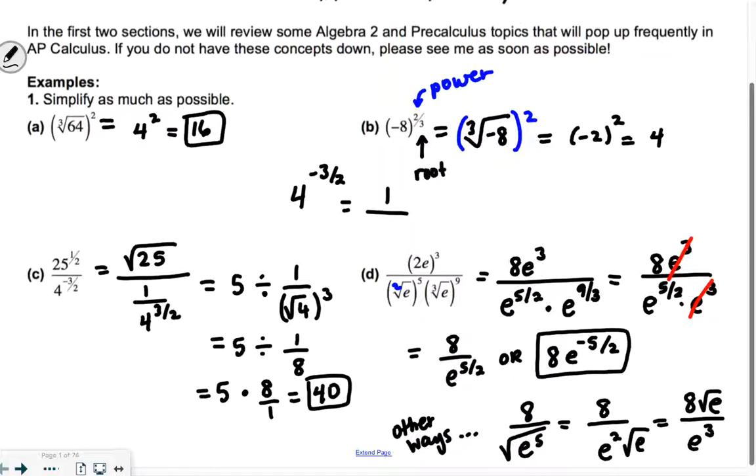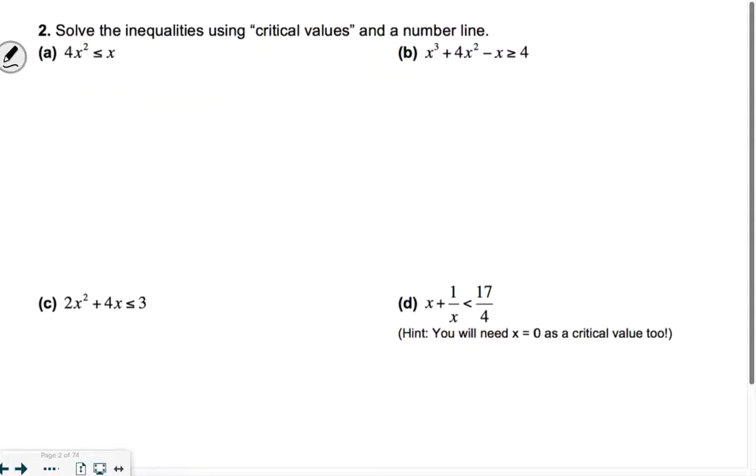And that's what's frustrating for AP Calc students a lot of times, because their answer is the same, but it doesn't look the same. All right, so it says solve the inequalities using critical values and a number line. So the first thing we have is 4x squared is less than or equal to x. So when I have 4x squared is less than or equal to x, even if I just had equal,